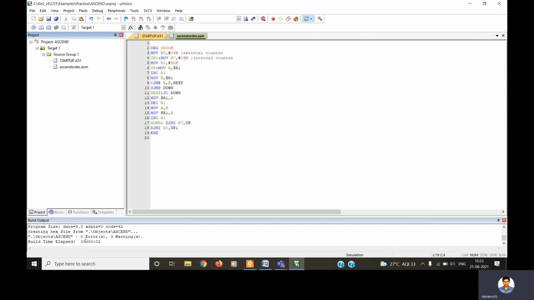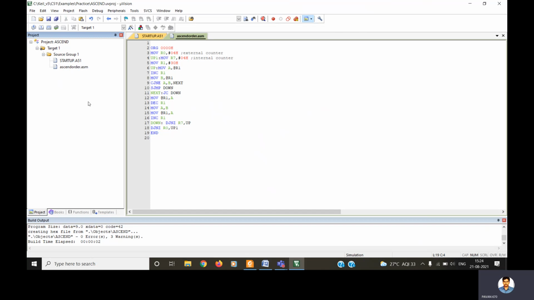And while building this target, there are 0 errors, but 3 warnings are provided. So we do not need to bother about the warnings. We can move on to the next step. After building, so nothing but compiling. Building the target means compilation is done. Are there any syntax errors, instruction level errors, or compilation errors observed or not? That will be checked here, building target at this stage. So after this, we can move to the debugging stage.